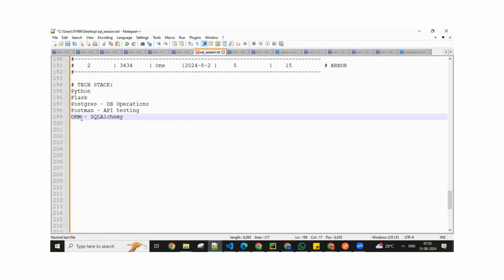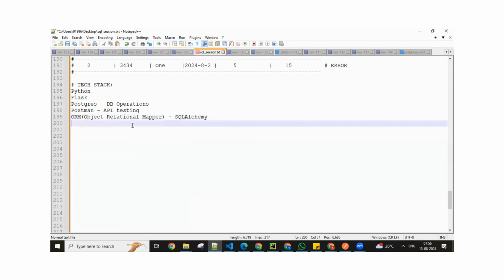So what is the purpose of ORM, right? ORM stands for Object Relational Mapper. Okay, so what is meant by that? You may have a question: hey Kumar, you're saying that ORM is Object Relational Mapper, right? So what this does is it creates an object associated with the respective database